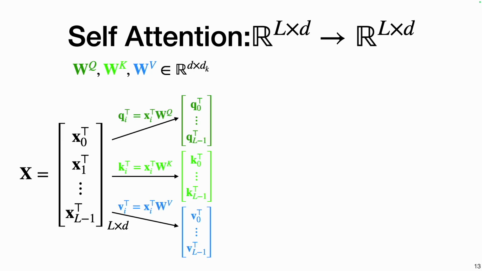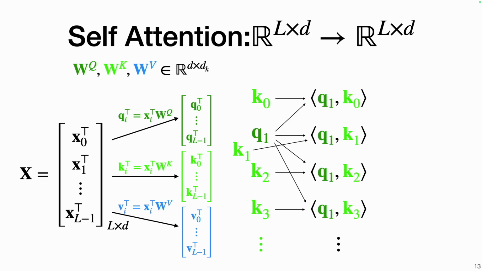We multiply each entity by these parameter matrices WQ, WK, and WV and get 3 different vectors for each entity, denoted and named as Q for queries, K for keys, and V for values. The output of the model will be another L by D matrix, and each row of that matrix corresponds to one of the input entities. Now, let's step by step look at how the output corresponding to the first entity, that is x1 here, is calculated.